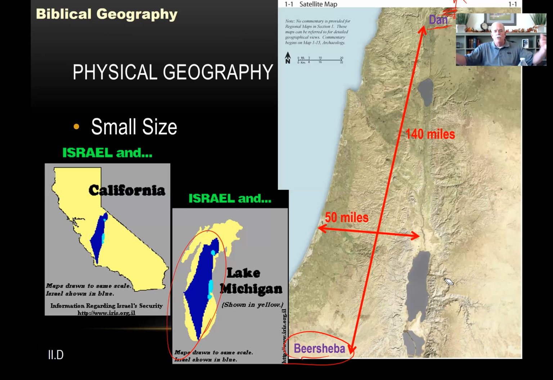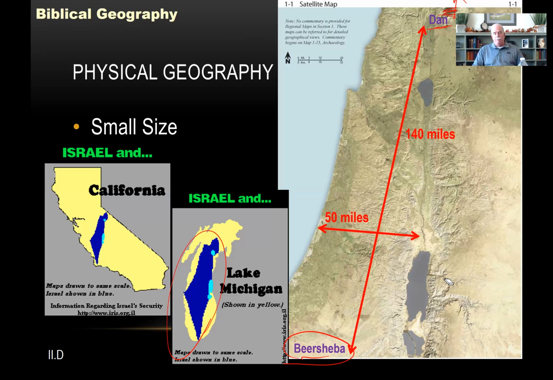The extent of your domain, the extent of your kingdom, was a function of the extent of the villages and sites that you controlled, and people were dependent upon you and were giving you their allegiance. And so it really is a function of physical control. And so at any rate, Beersheba